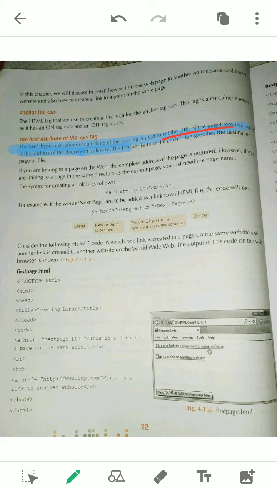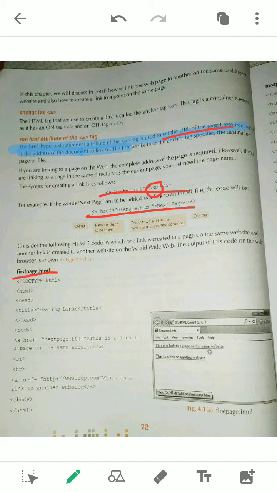src and href. Src is the URL of the document which is to be inserted, and here href is the target resource, the document you are linking. Next you see this is the syntax given. Here only text is given, but we can make graphics also as a link. That means if there is an image and you click that image, we can still visit any website. So I have given both.